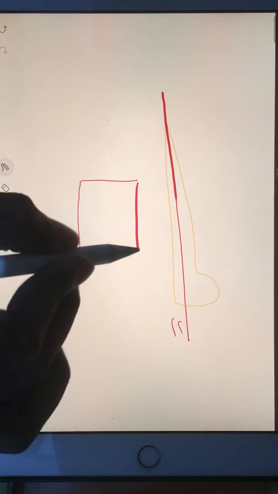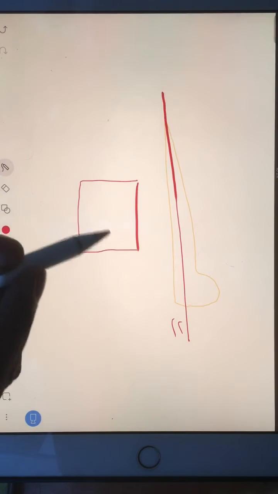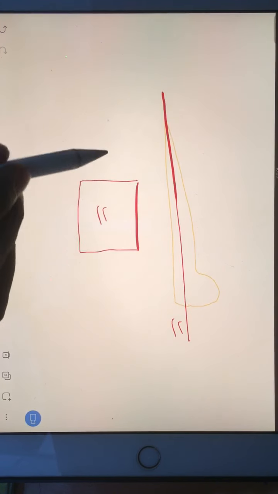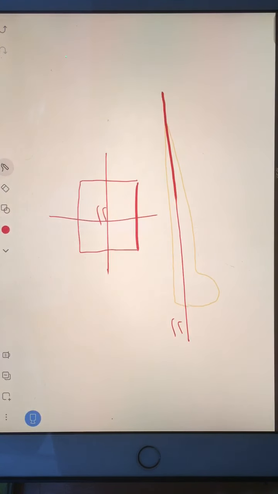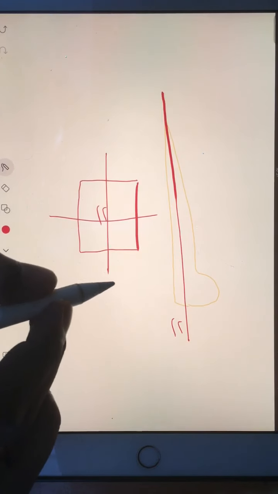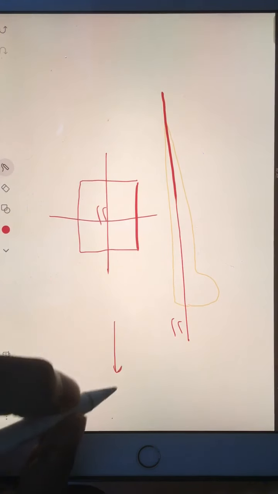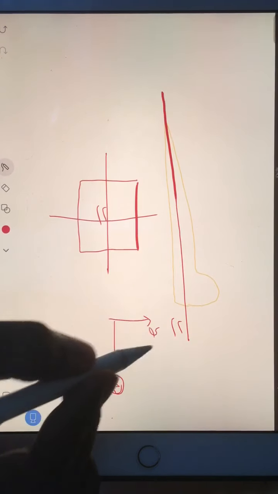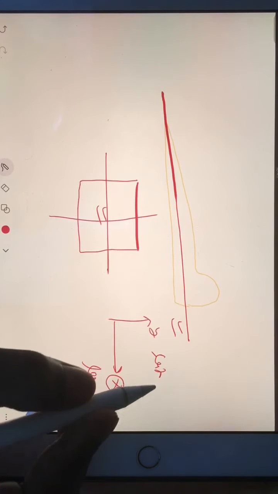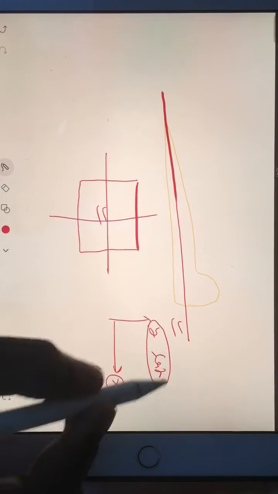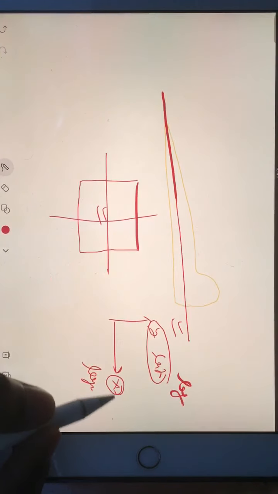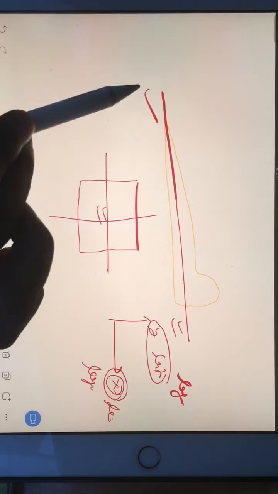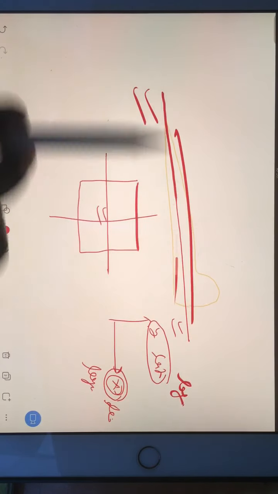If you have a square, then right now you cannot say which direction is longitudinal, because this dimension and this dimension are both the same. So in the beginning itself, you will say that x axis I will consider as my longitudinal axis, and y axis I will consider as my lateral axis. Someone else can go like this: y axis I will consider my longitudinal axis, and x I will consider as lateral axis. It depends, but in case of an aeroplane, you can see this is the longest axis.